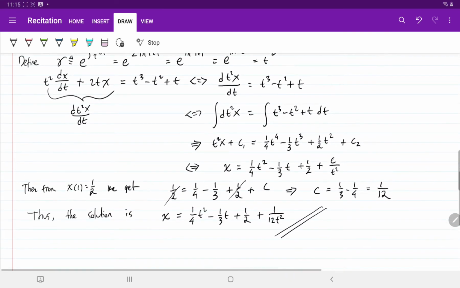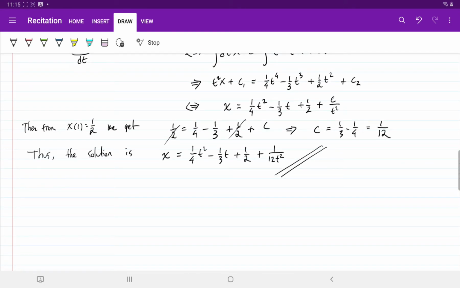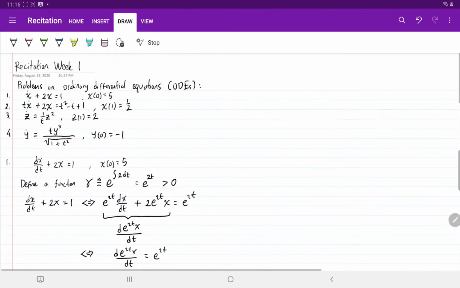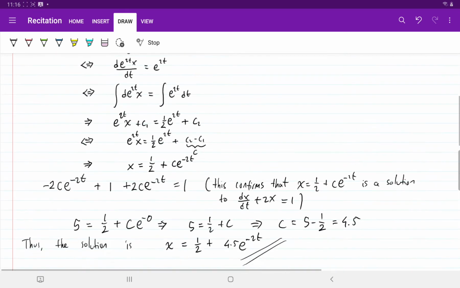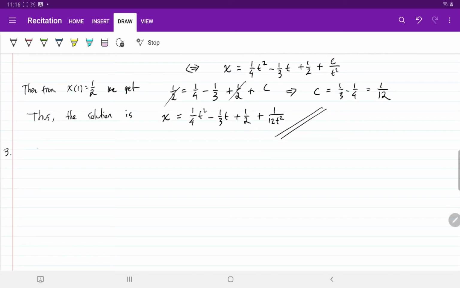Alright, so let's move on to the third problem. So in problem number 3 we have z dot or dz over dt equals to 1/t z square. Okay, so dz over dt equals to 1/t z square with initial condition z1 equals to,